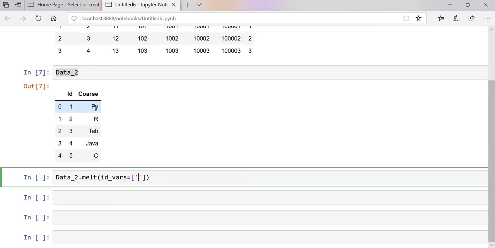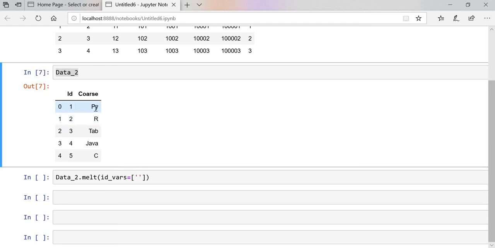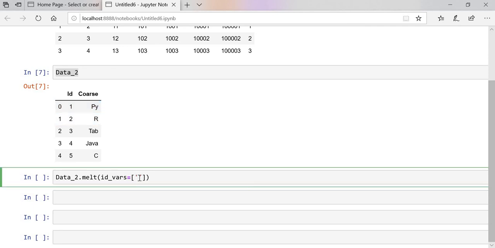Let's take one example. Let's say the identifier of Python is 1, means the id of Python is 1, the id of R is 2. So like this we have to pass the identifier of your particular element. So I will pass the id over here.